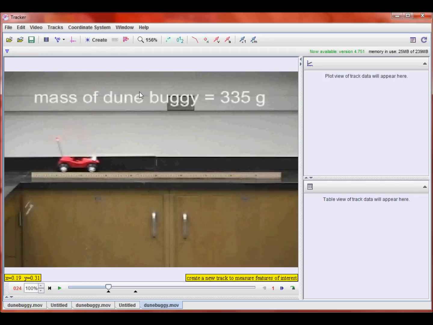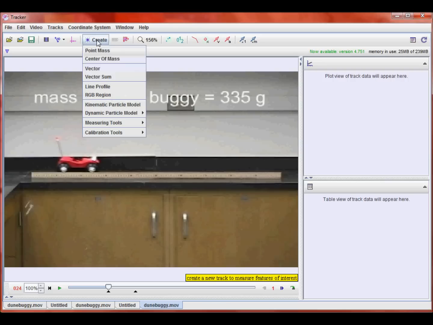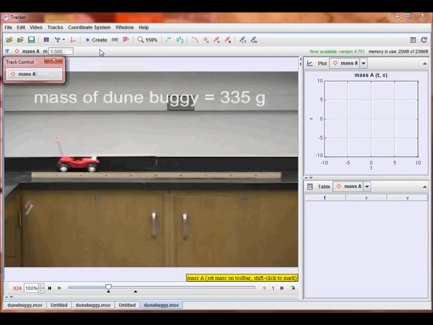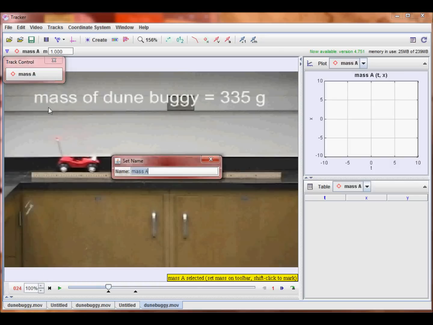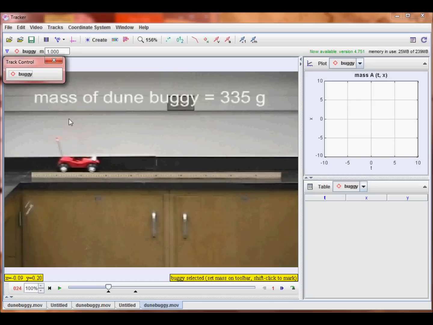And so now you've got everything set as far as what the video is telling you in terms of the data. The next thing you need to do then is create a point mass, and this is going to be how you're going to track. So once you've done this, now you show the video, a graph shows up over here, which will fill in as we actually track the points. And we want to rename this, so if you click on this, and click name, and type in buggy. So now it's changed the name for it here. How I can keep track